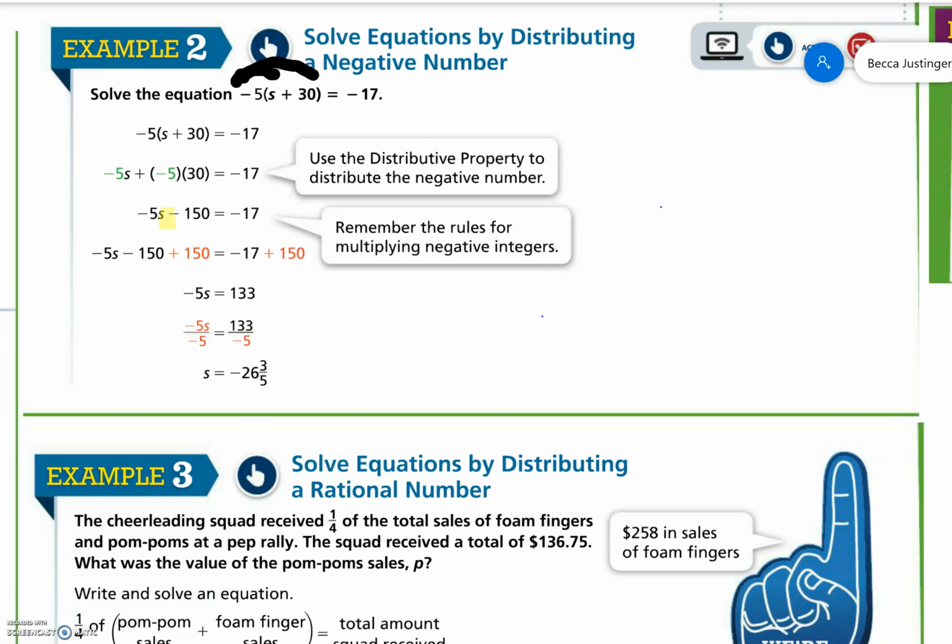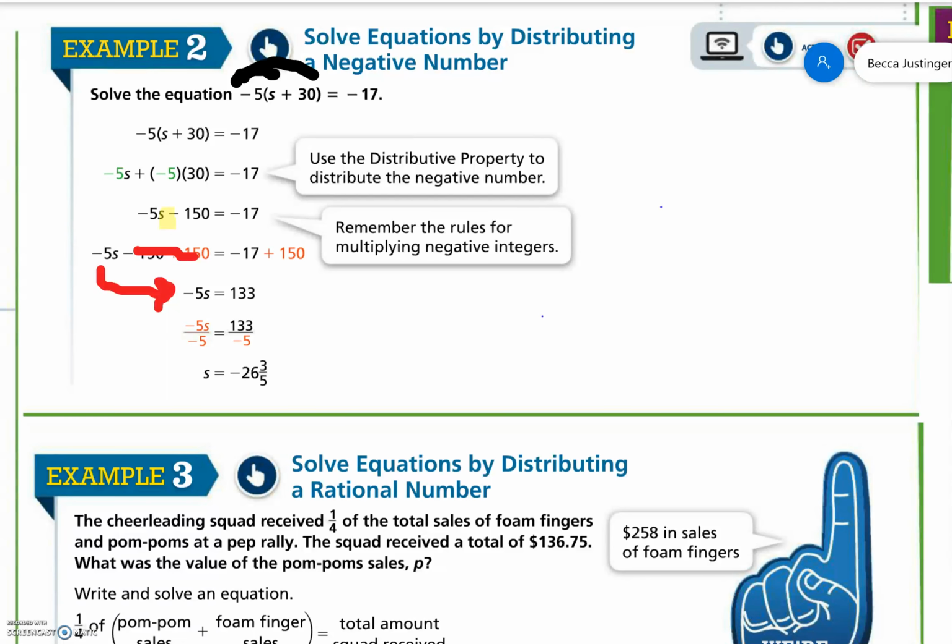Now we're doing the same thing, trying to solve for s. So we need to get everything away from the s. We've got a -5 and a -150. The closest to s is -5, so we can't get rid of that yet. We're going to get rid of the -150. To do the opposite, we're going to add 150. We are going to cancel it out on the left, bring down the -5s, and -17 plus 150 is equal